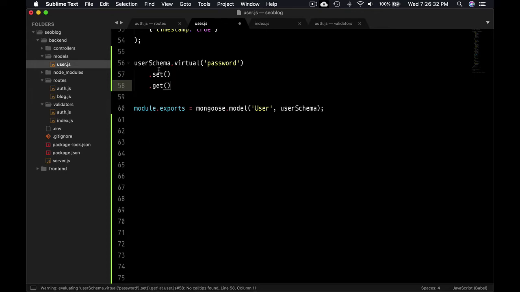Okay, so we're going to use a function, and make sure you use the regular function, not the arrow function, because arrow functions don't have their own scope for this keyword, so that will not work. So make sure you use the regular function. So function